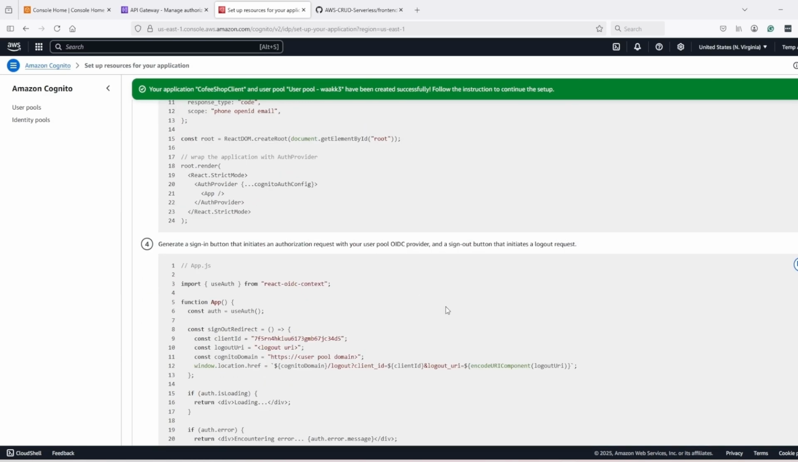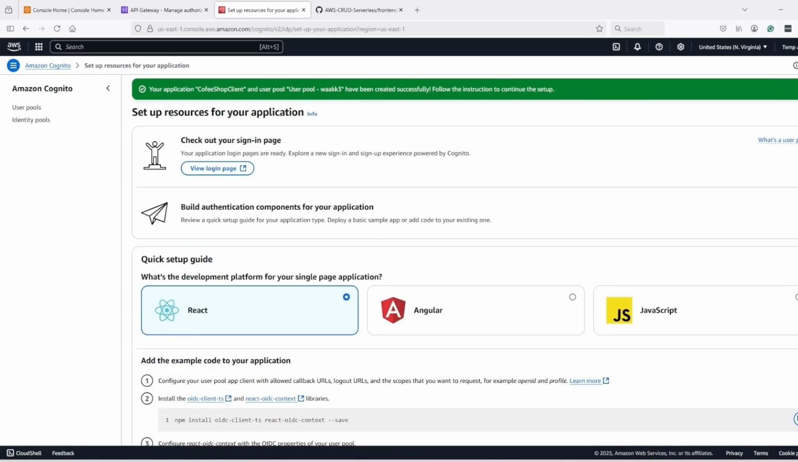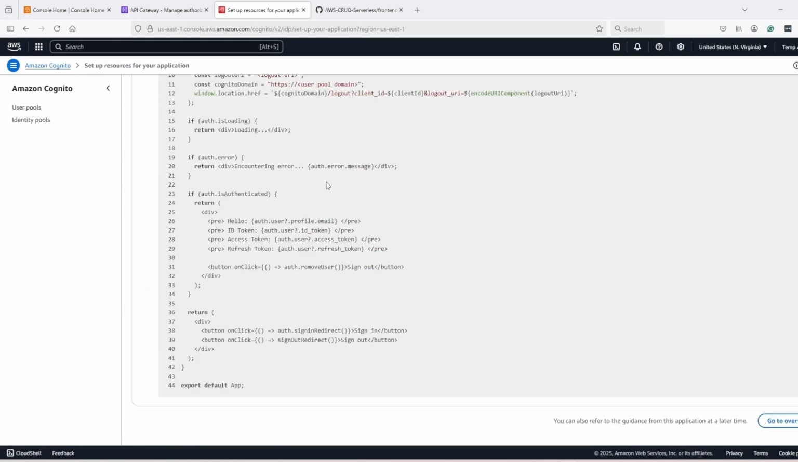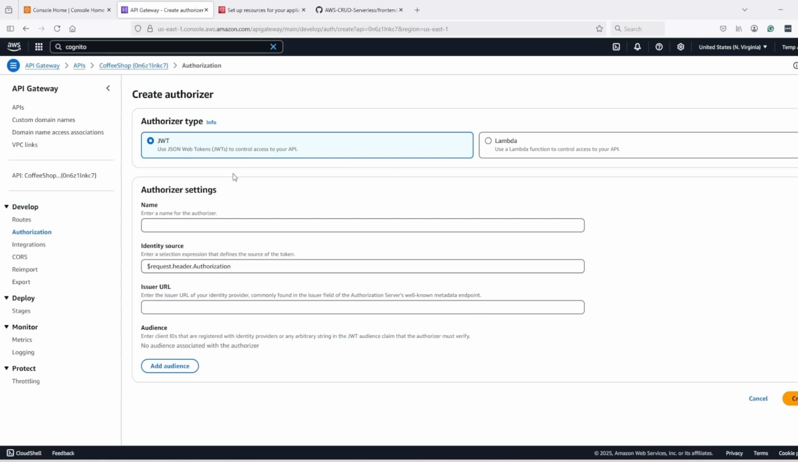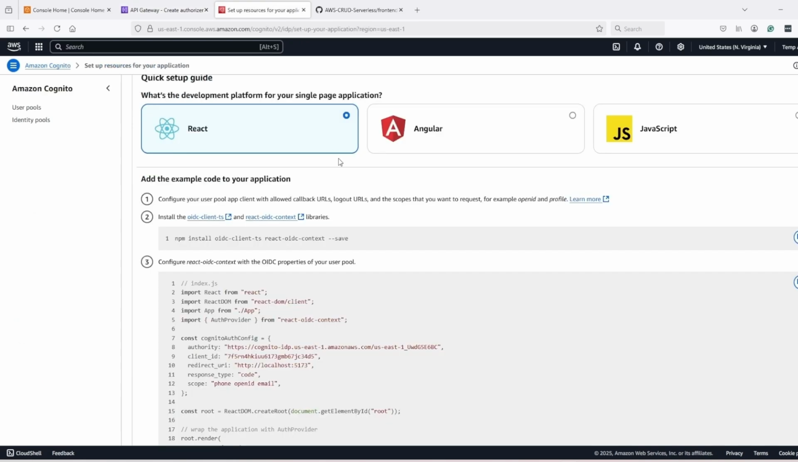Now it's giving us code to integrate Cognito with our application. We will come to it, but before that, let's go to API gateway and integrate Cognito with API gateway. So create authorizer, select JWT authorizer, and call it Cognito coffee shop. Everything can be left default. In issuer URL,